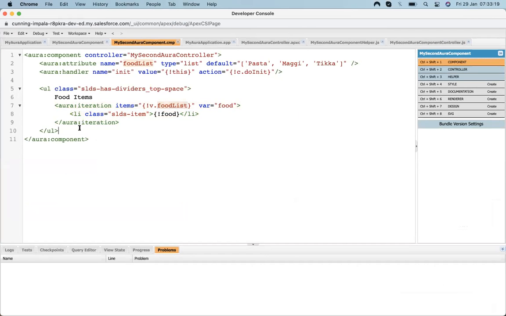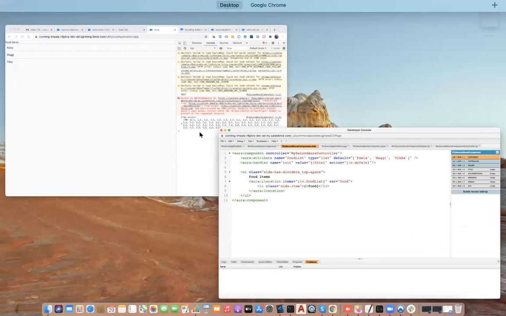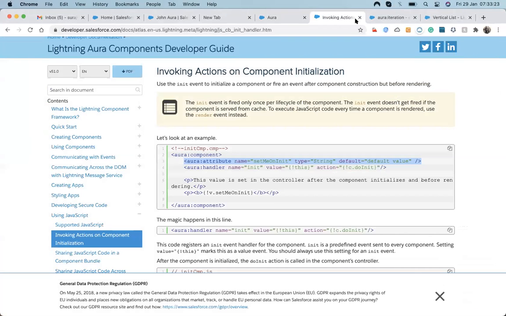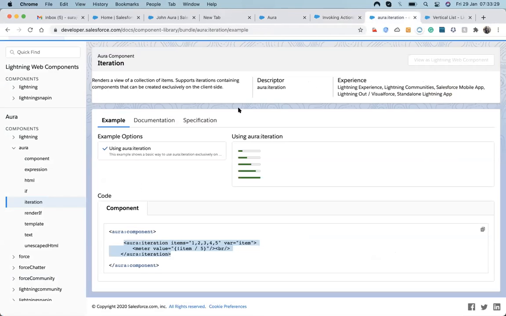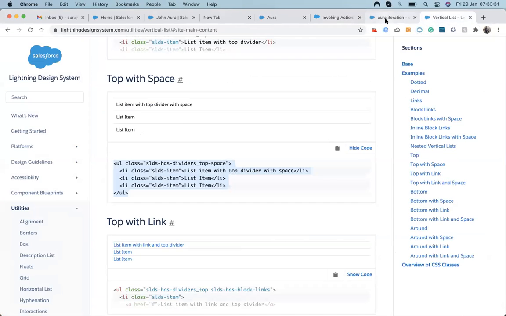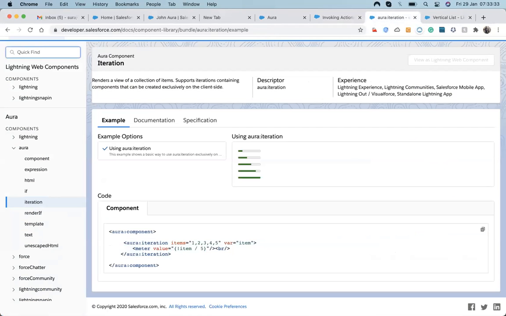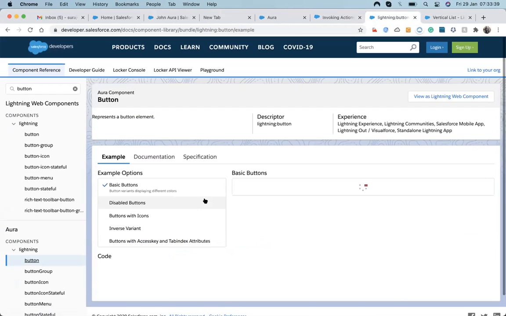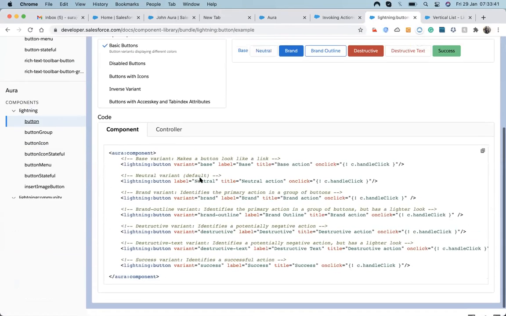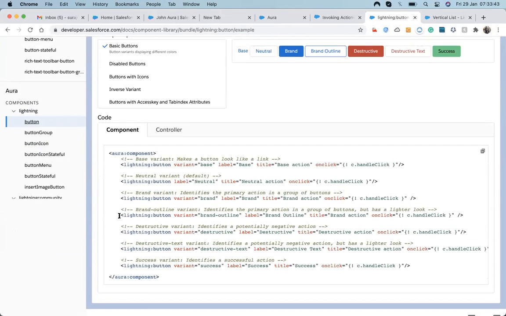So let's have a look at how we can make changes here. Let's create a button that will add an element into that food item, so we can dynamically change that element. For adding a button, just go up here and copy the button. I'm going to use this button.